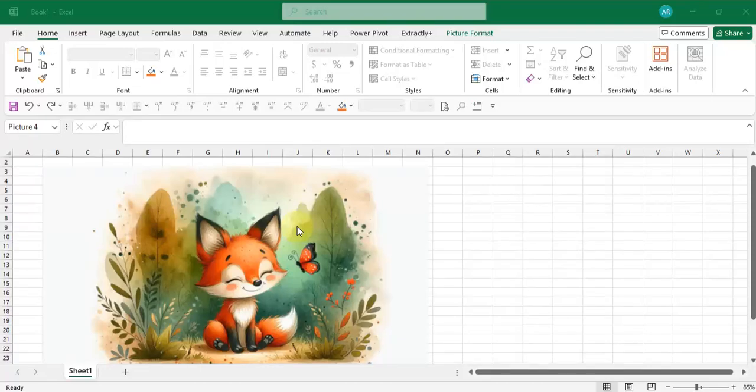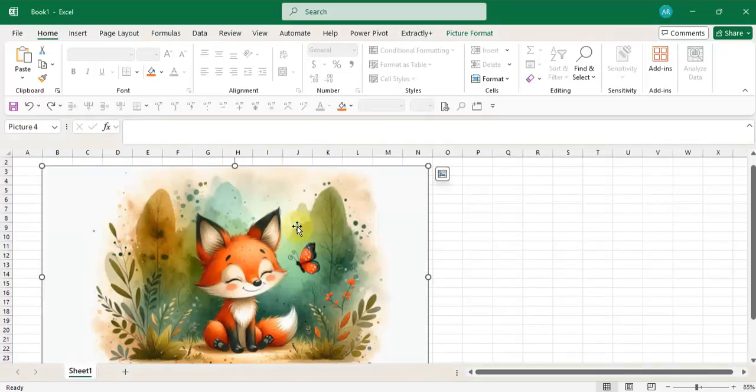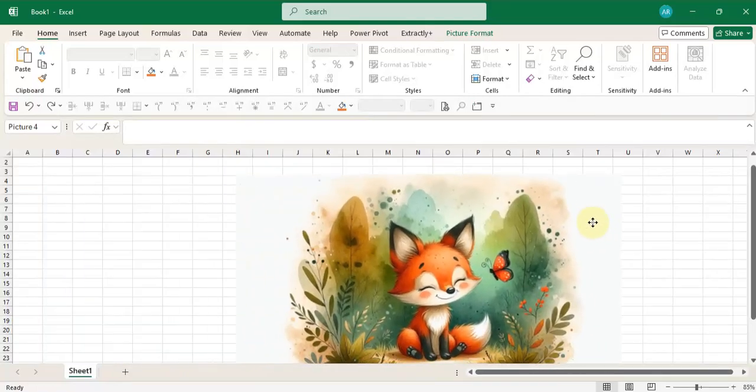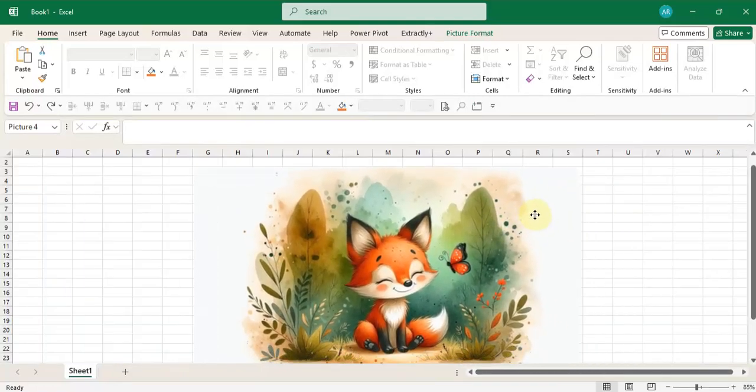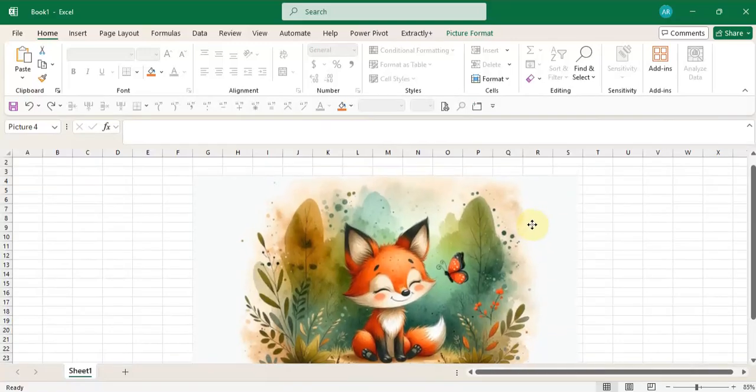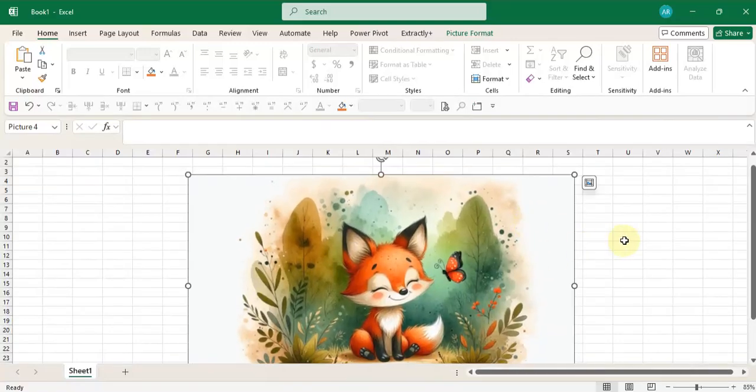To move your photo, you click on it, and then you'll see these little cardinal points come up on your mouse. So that means that you can click anywhere in your photo and drag it to wherever you want it to be and release. And that's it. The next thing you'll notice is that there is a border around your photo when you click